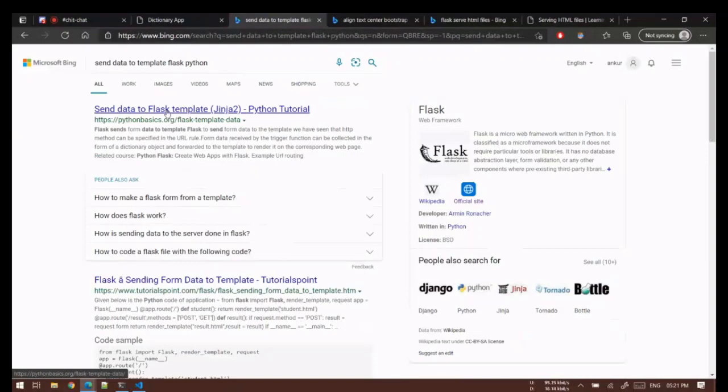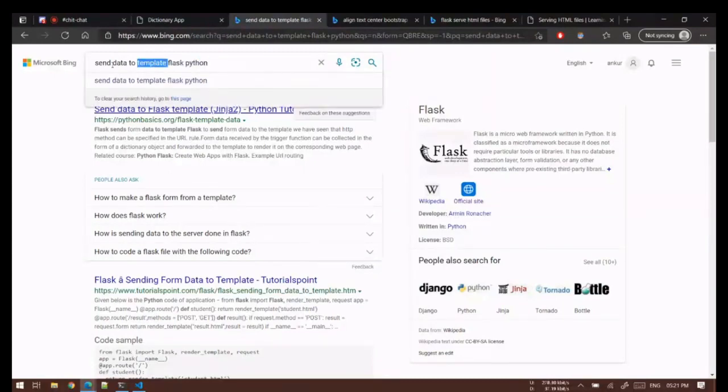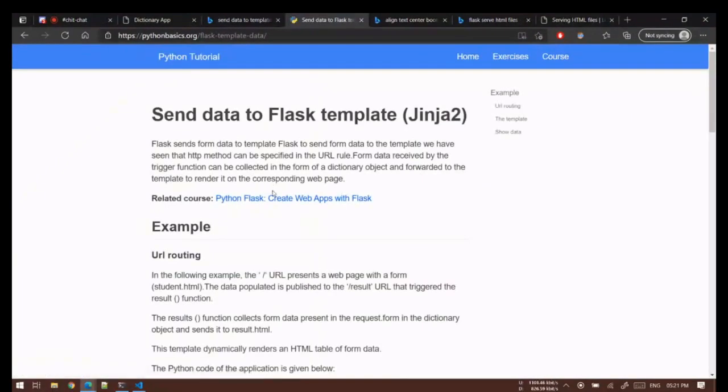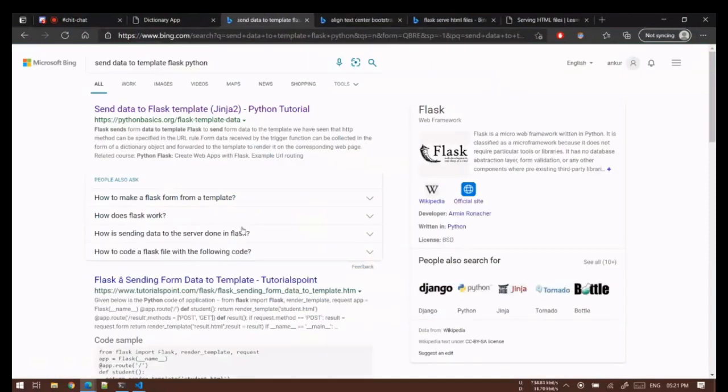You just have to make sure your search query has all those keywords. You don't have to frame it as a proper English sentence because computers don't understand it anyway. So don't waste a lot of time writing a proper English sentence. Just make sure you have all the keywords like Flask, Python, template, send data, and so on. This is one trick that I often see people struggle with.